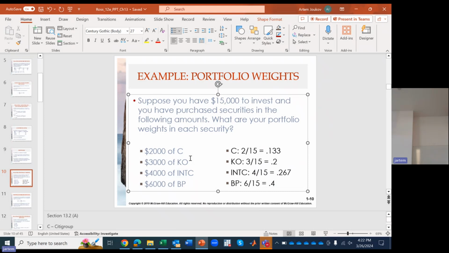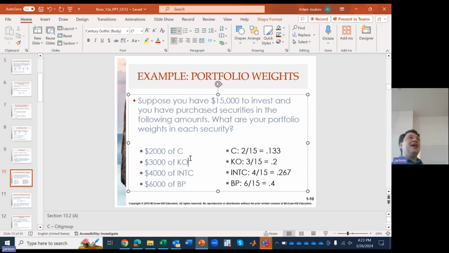Well, in your portfolio, if I told you spent $15,000 on 4 stocks, the first stock 2,000, the second stock 3,000, the third stock 4,000, how much did you spend on the fourth stock? Whatever's left, right? Y'all are laughing, but nobody's giving me an answer, so I'm still waiting. But the idea is you just take 15 and you subtract those numbers from it. So 15 minus 2,000 minus 3,000 minus 4,000 leaves you $6,000.